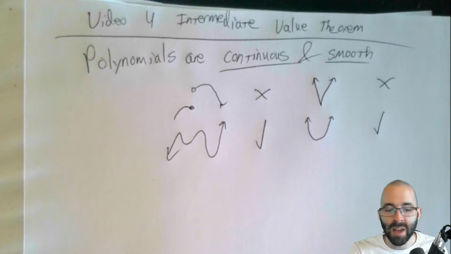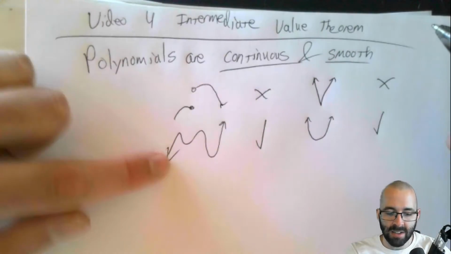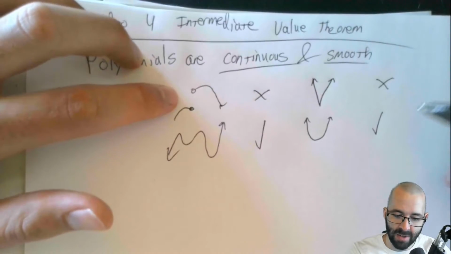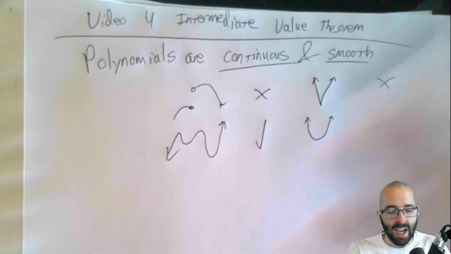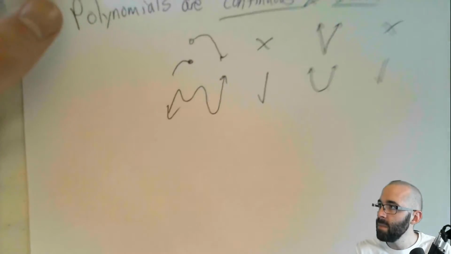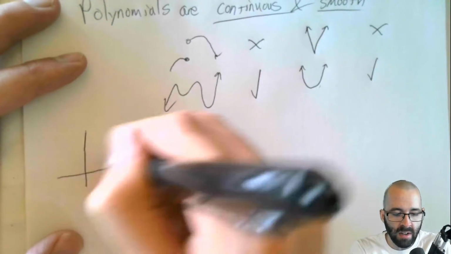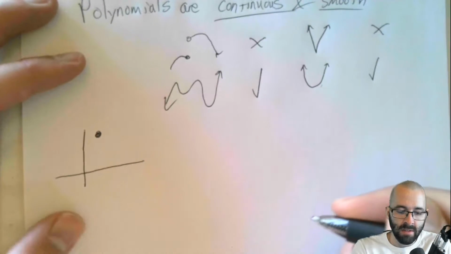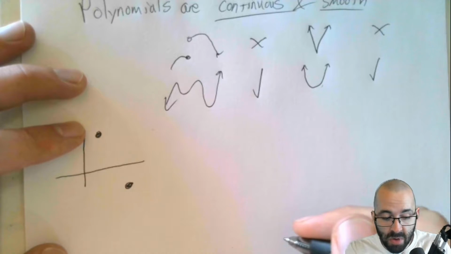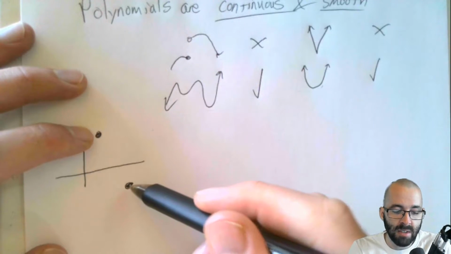Okay, there are precise mathematical definitions for these concepts, but this is the general idea of what it means to be continuous and smooth. This is not smooth. This is not continuous. This is smooth. This is continuous. And polynomials are this bottom case, right? And that gives us an advantage because something that we do from time to time is we want to look at zeros. Okay? If I tell you a polynomial is up here at this point and down here at this point,